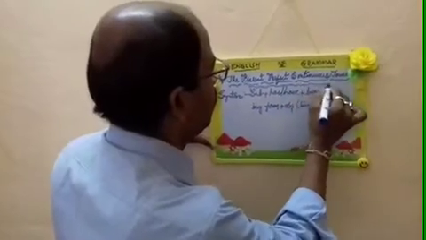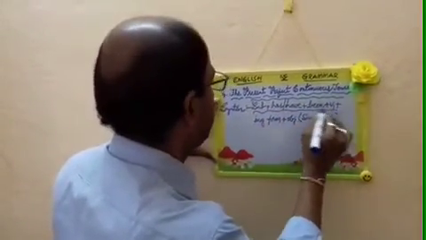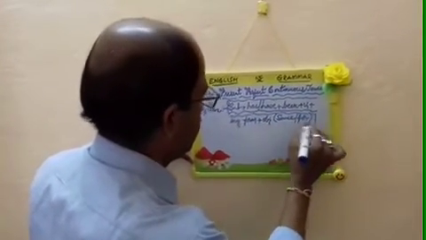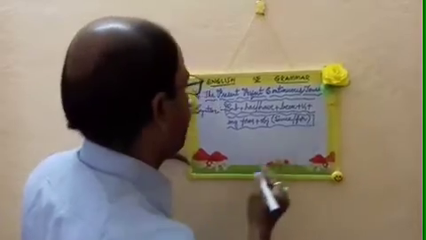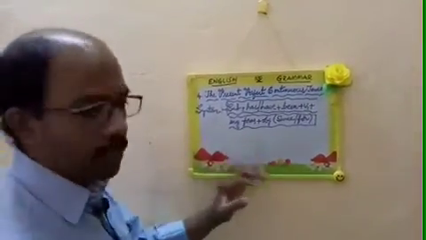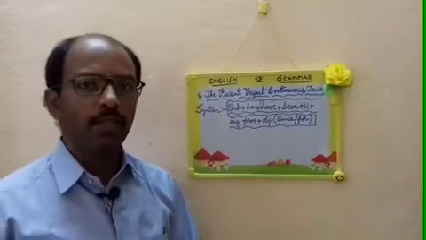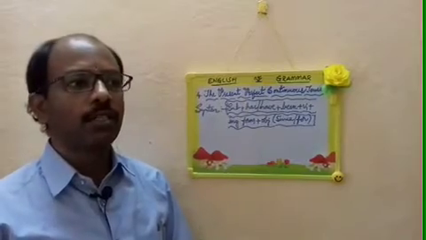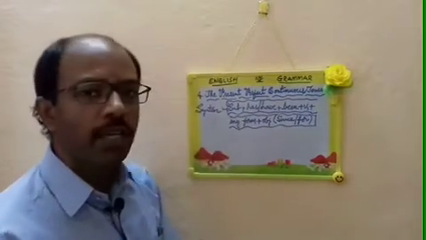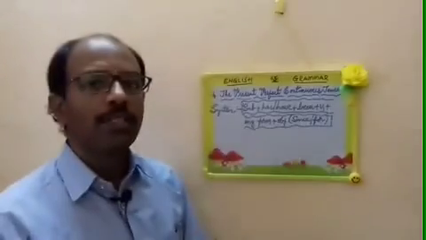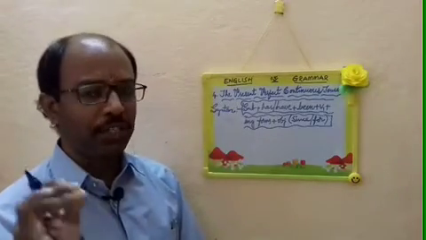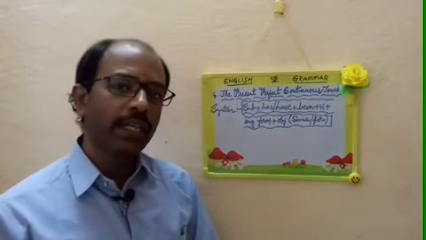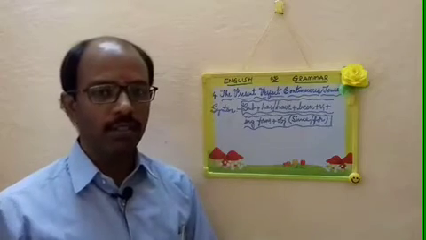Now listen, look at that very carefully. This is the syntax, children. Why do we use this tense? Write down the definition. We use this tense to denote since how long an action has been going on.